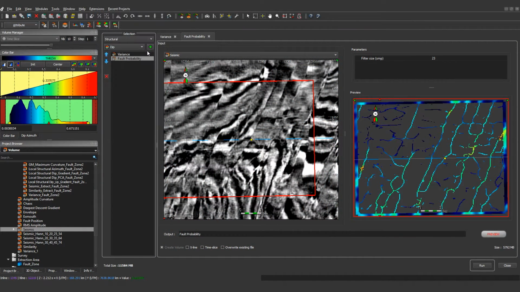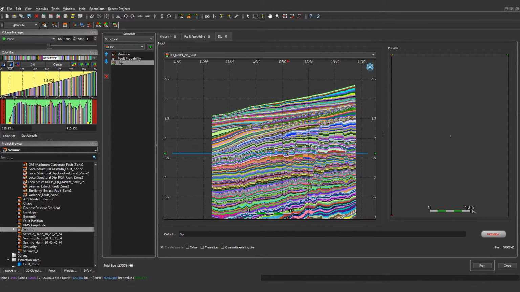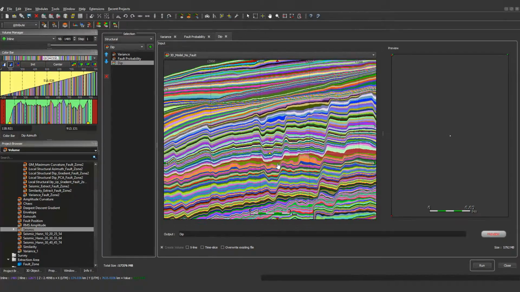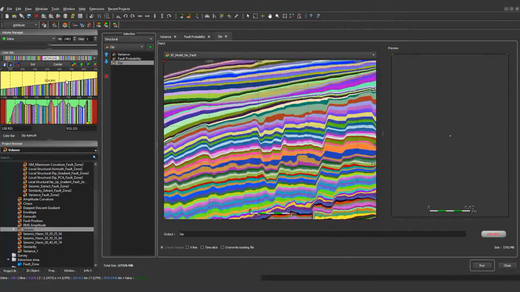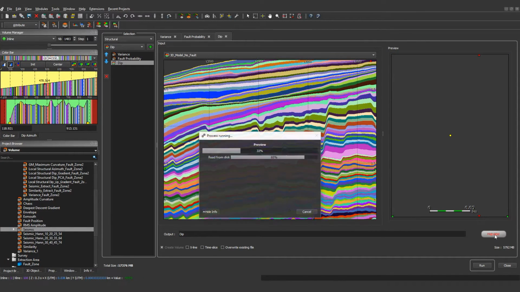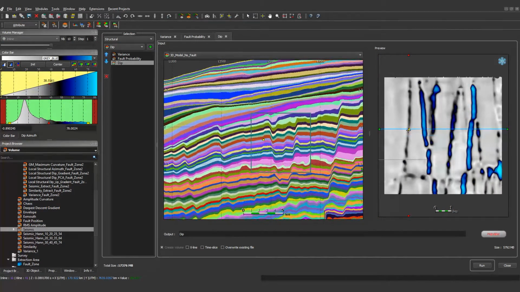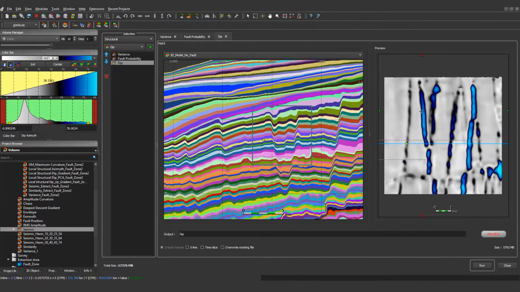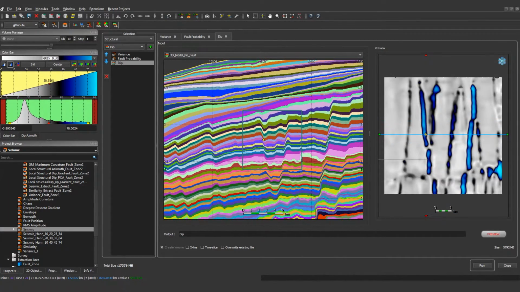To illustrate these slides, we will start with the calculation of the absolute dip from a geological time model obtained without any fault interpretation. As before, the preview is performed in the neighborhood of the mouse cursor. We can see already, just by moving the color bar, clear faults, and now by previewing the dip angle, we can see clear and continuous fault planes where the maximum of dip is highlighted in blue.